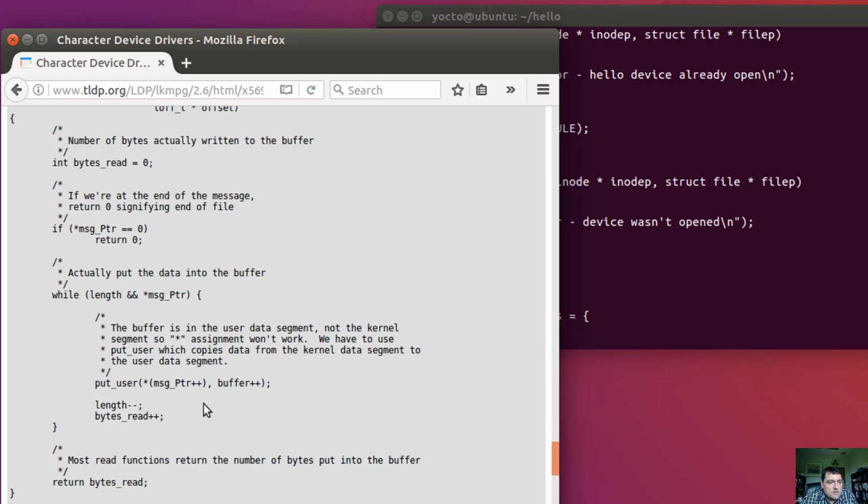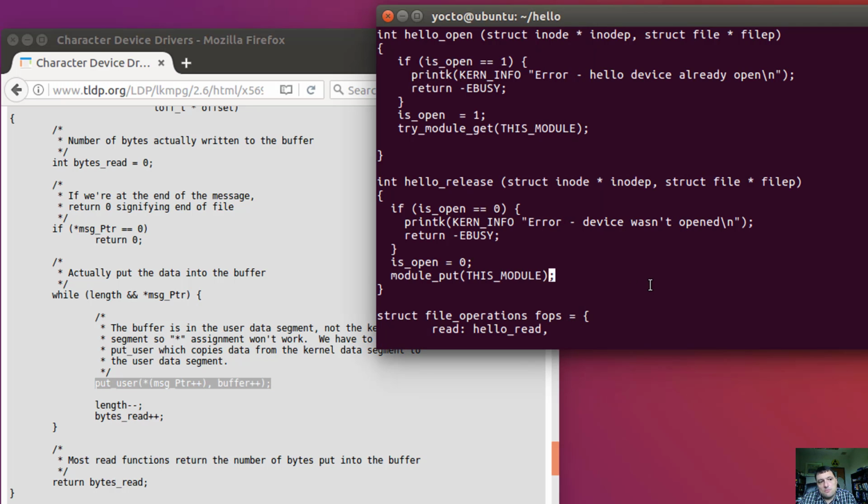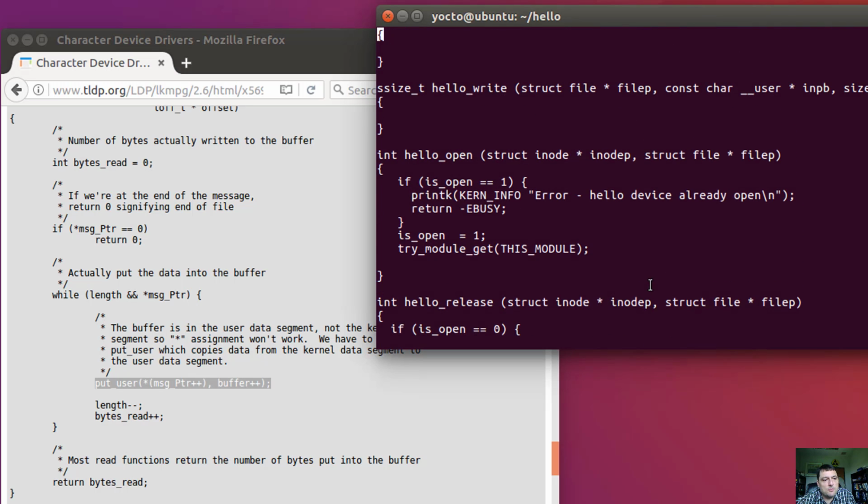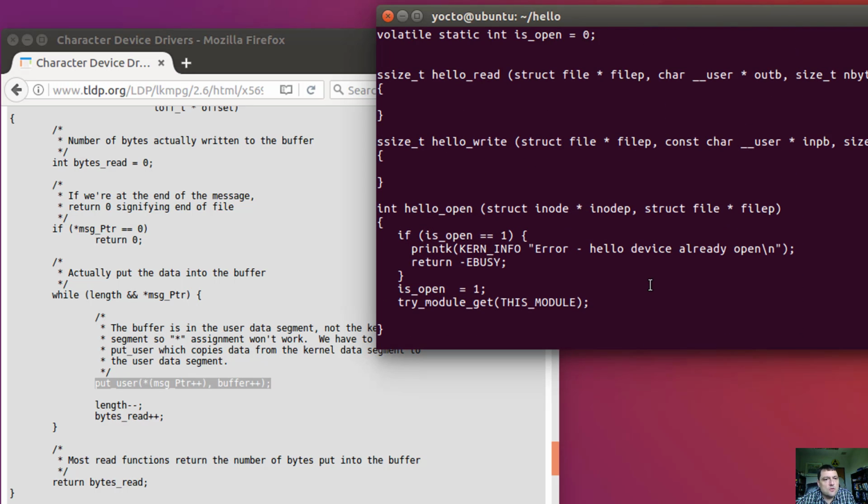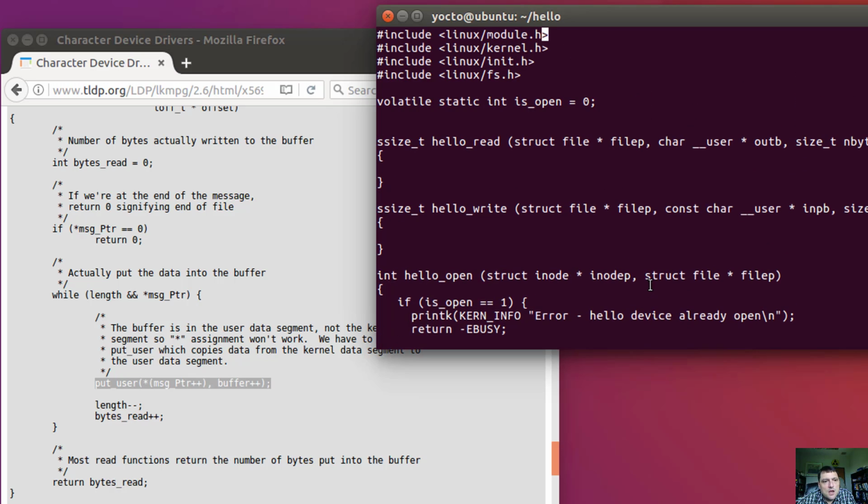So the problem is that kernel memory and user memory are in different virtual pages, and we need to make sure that we can bypass any MMU security safely, and that we're not going to have a problem, because remember the kernel could theoretically dump data anywhere in the system. So this put_user function is a kind of a safety to make sure that we don't leak memory into improper processes or overwrite other kernel structures. If we just follow along with their little example here,